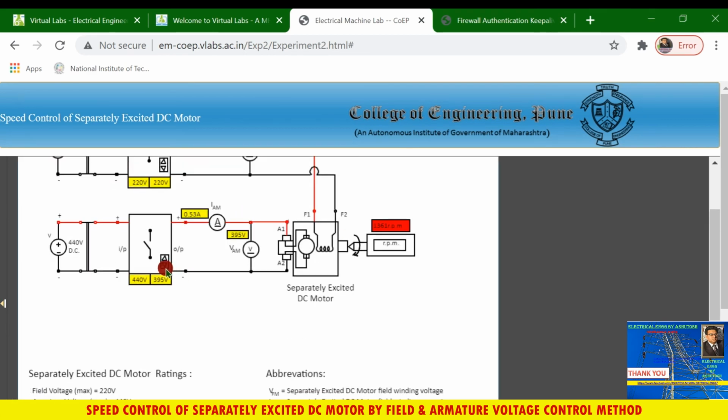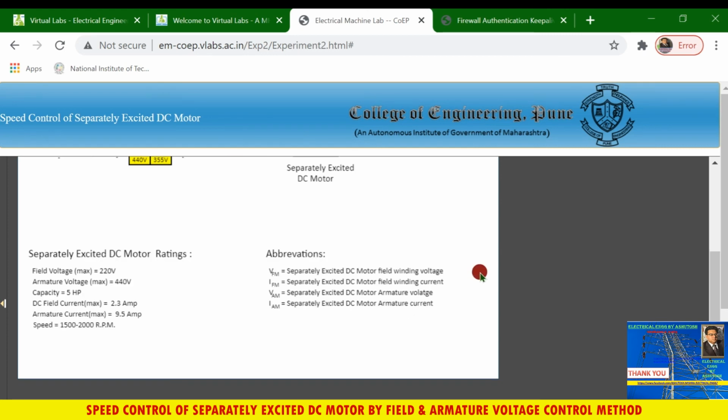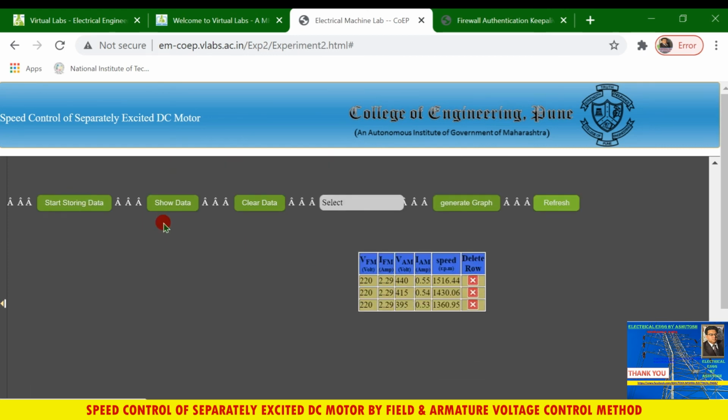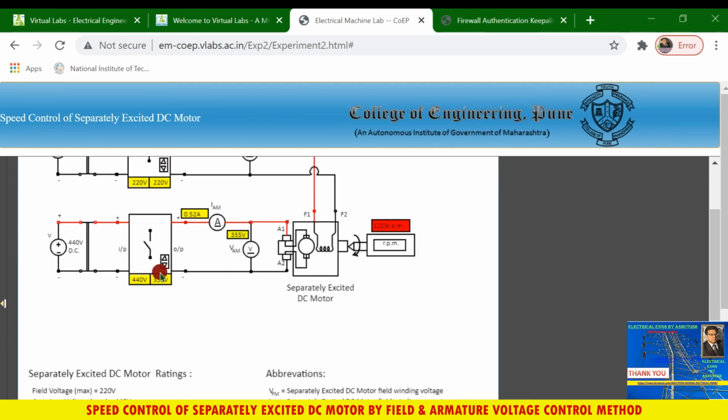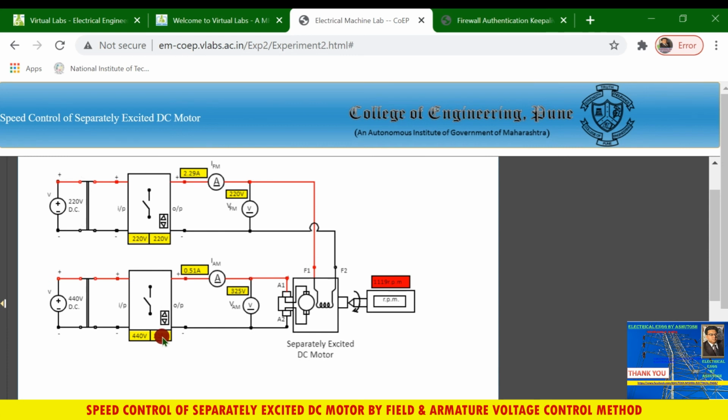Okay, again reduce to 355, then store data, show data. So armature voltage is decreasing, speed of motor is decreasing. Again you can decrease from here. The armature voltage now becomes 325.